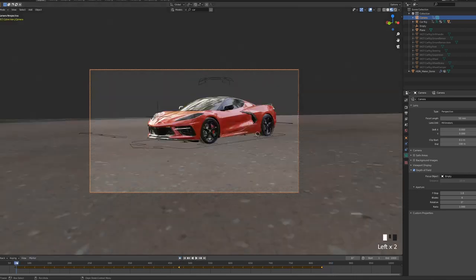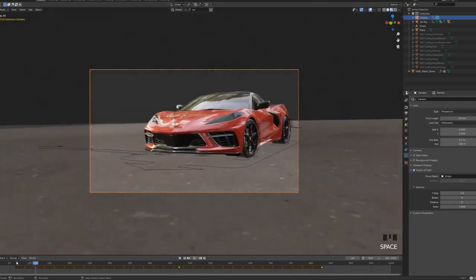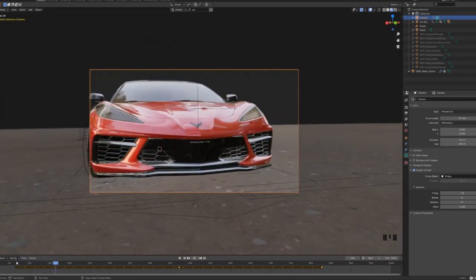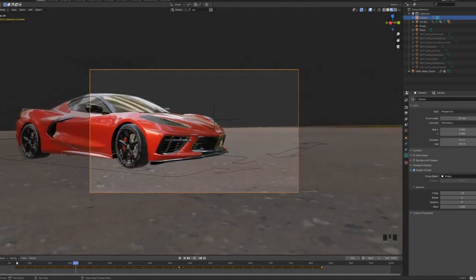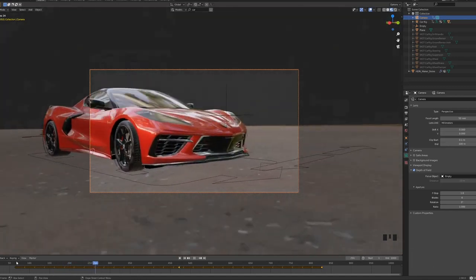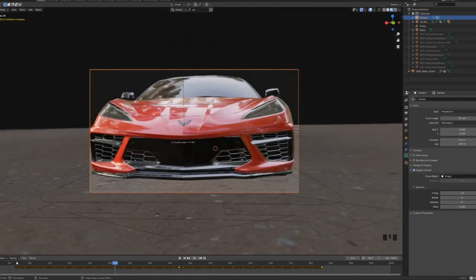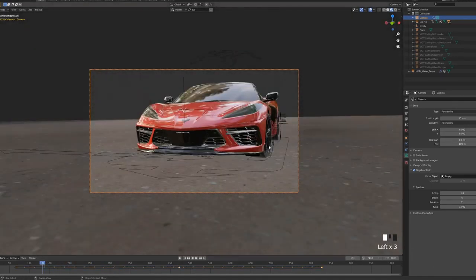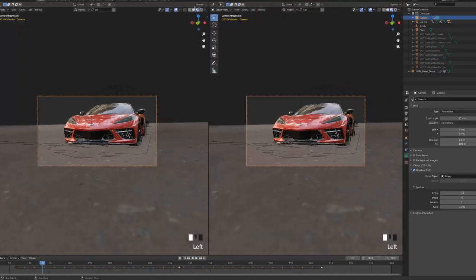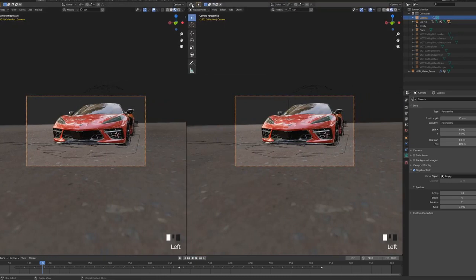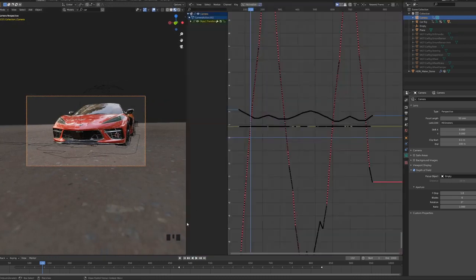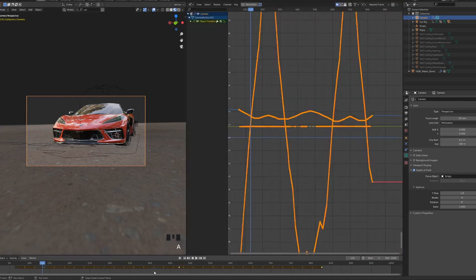And now when you look at your animation, you will see that you already have an organic animation ready. Of course, it's very choppy and we have to smooth everything. So what we are going to do is we are going to have another window here. And in this other window, you go in Graph Editor. You select all the keyframes by pressing A.